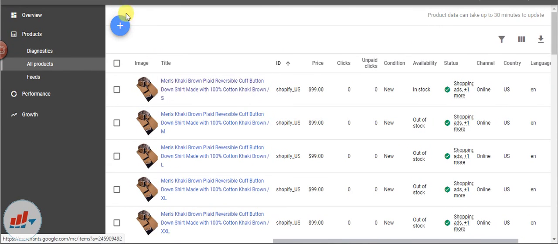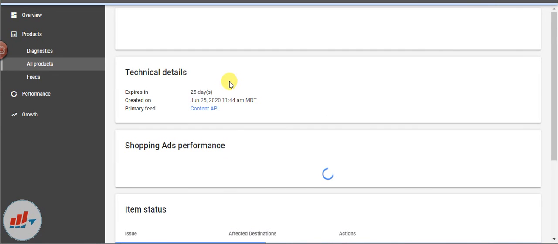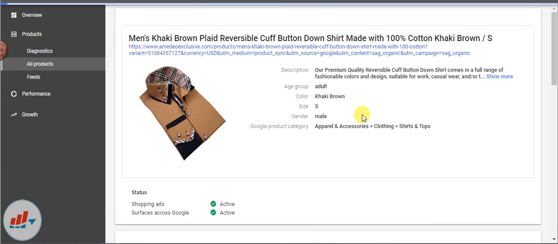In the Google Merchant Center account, you can see this is the Google Merchant Center account. And here if I go to the product section, let me show you the product section. Let me open any of the products. Okay, so this is the product that I have opened.